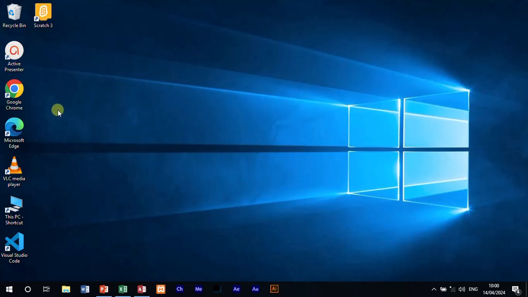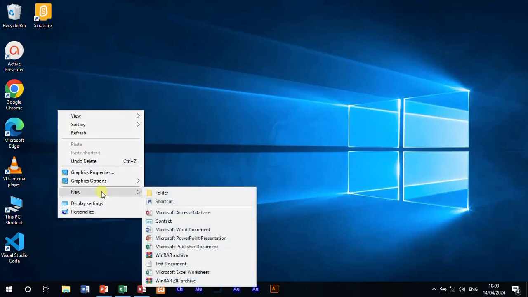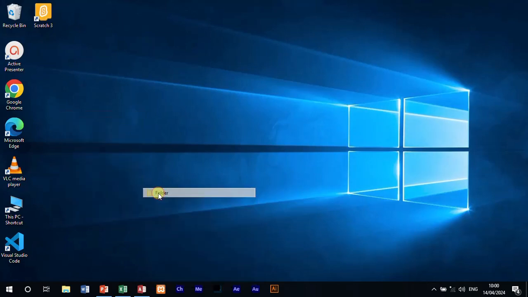In any location in your computer, you just create a new folder. So you right click, then you go to new, and then you click on new folder. And then under the name of the folder, you're going to change to this code. You just write this code. So you say GodMode,